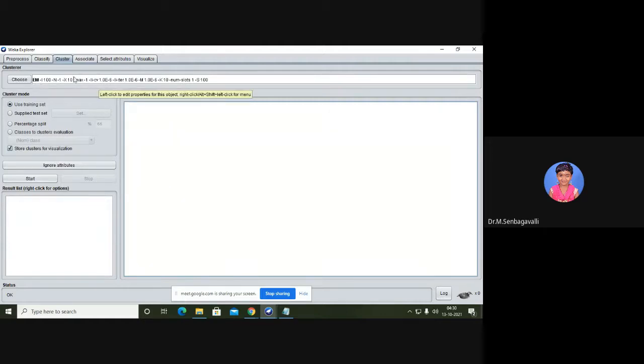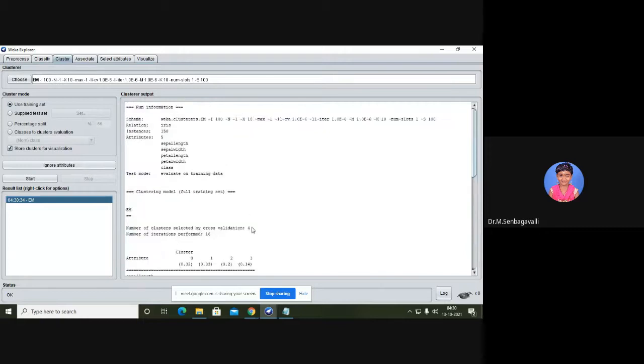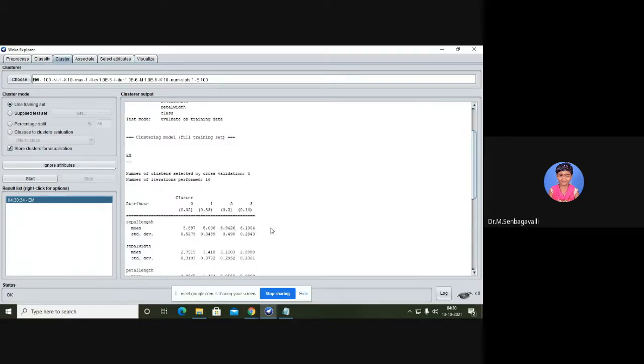So please go through all the algorithms as much as possible, because we have a limited number of famous algorithms. If you want to go beyond the limit, then learn the algorithm and do it. I'm just giving the start. For this, we are doing clustering, not classification. This is purely clustering.